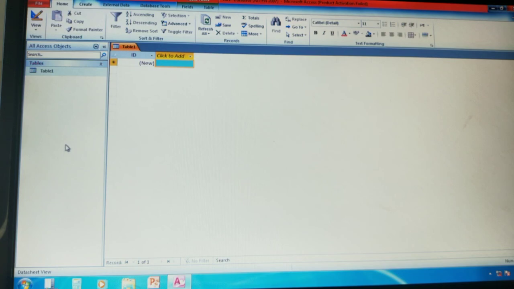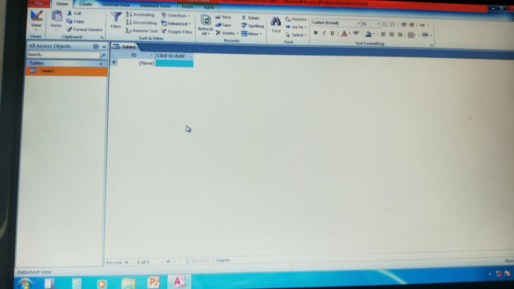Next, at the bottom we have a status bar. Whenever you click on any particular table, it gives the status of that particular object, right? These are the elements or parts of a database.